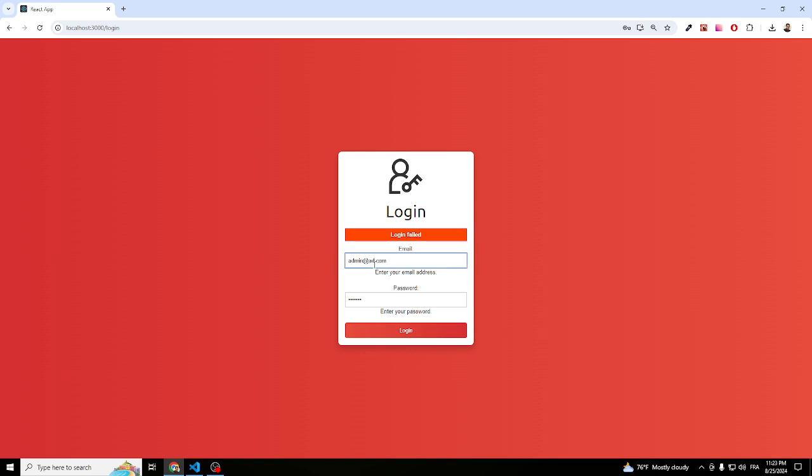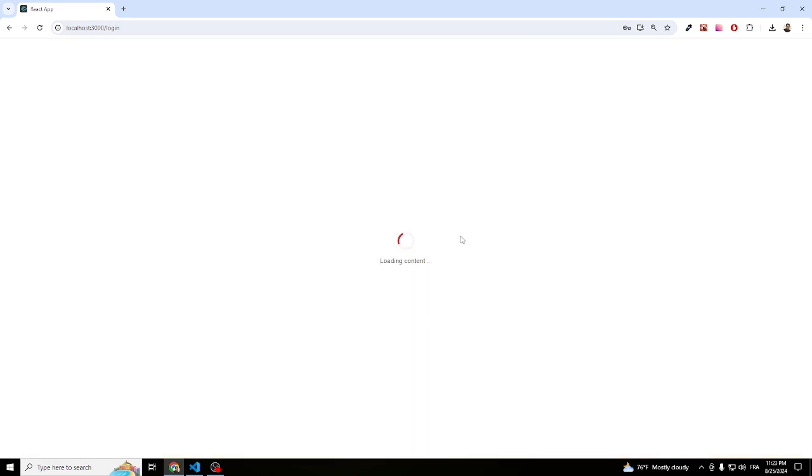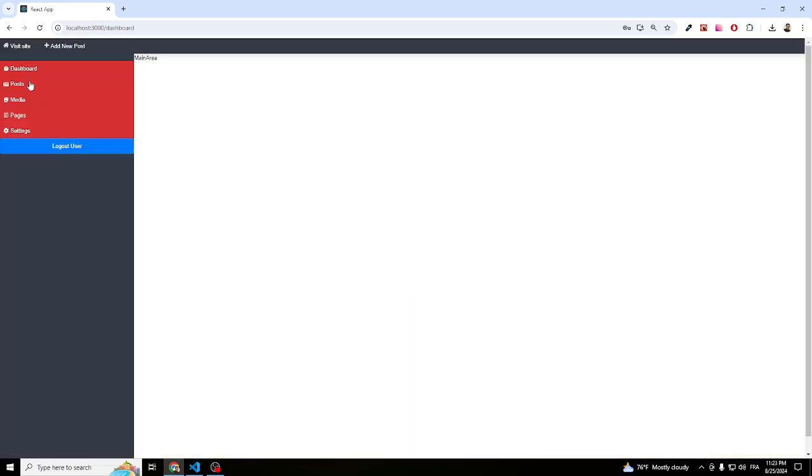But if we use real credentials, which is just admin@admin.com and a password, a default installation username, we can log in. I'm planning later to let the user change it here in the account settings,